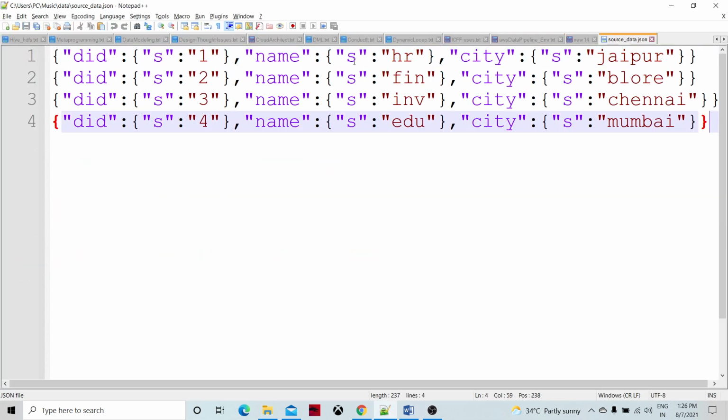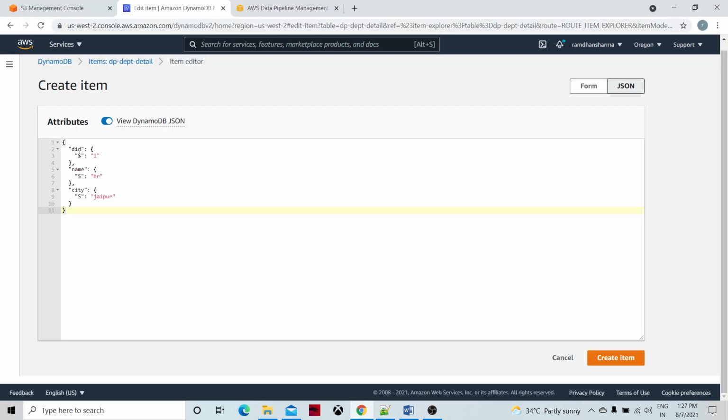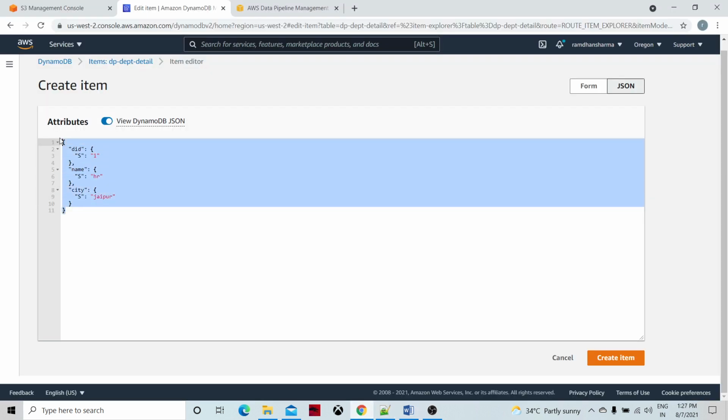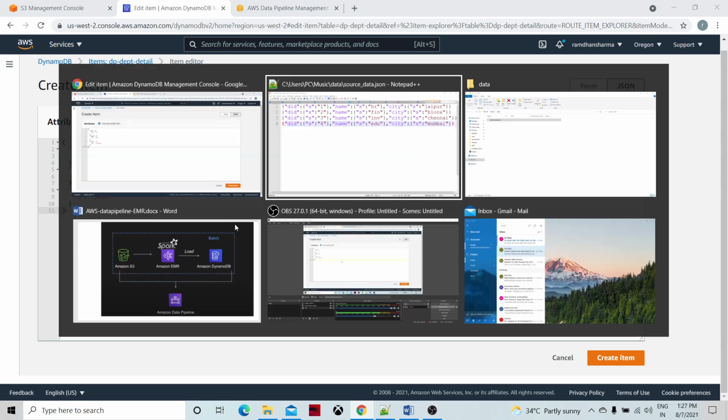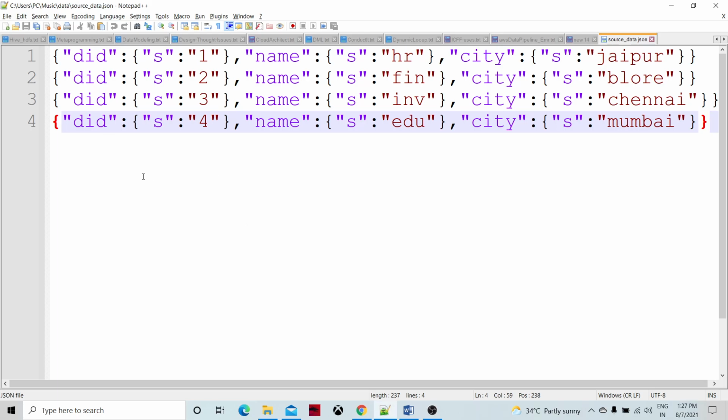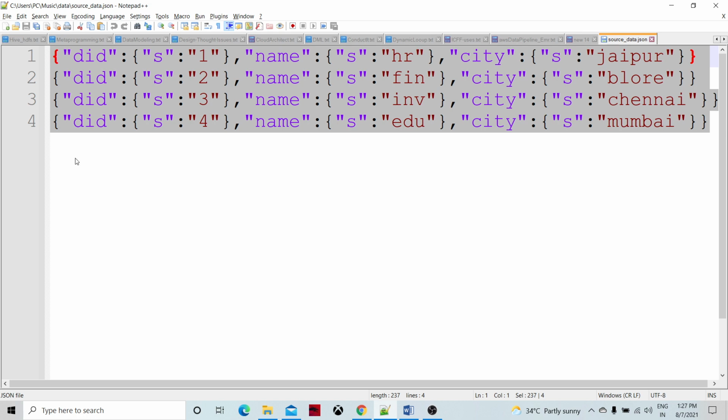I have DID, name, and city. So these are the 3 columns. You can compare it, copy it, and then prepare many more records. So I have given another HR department, finance, inventory, and education department, and the locations and the department ID.